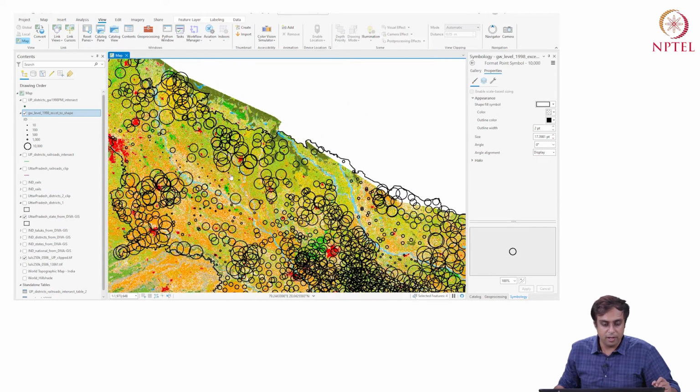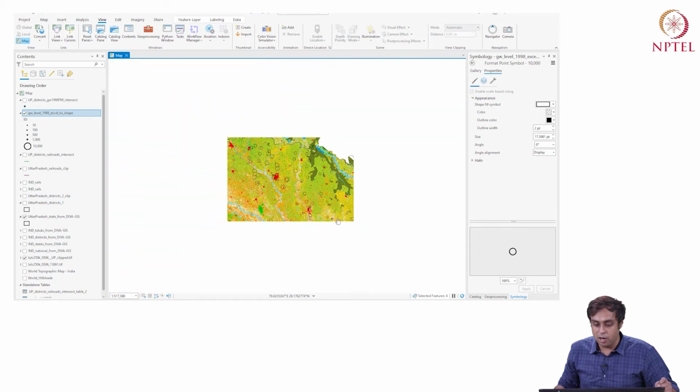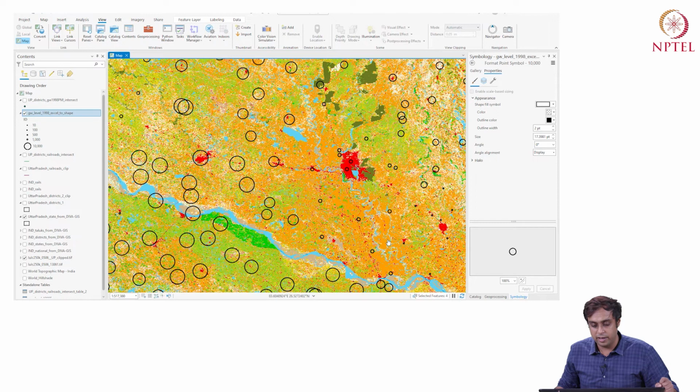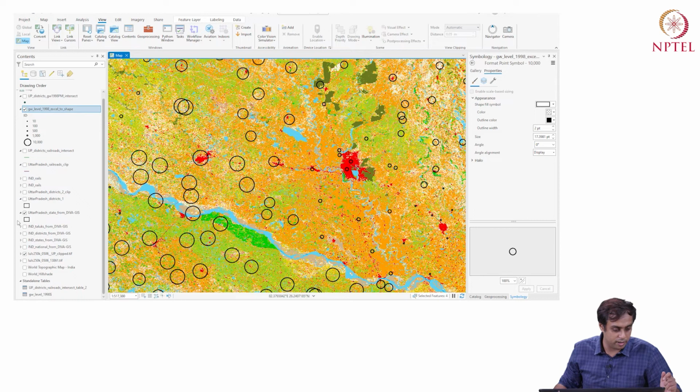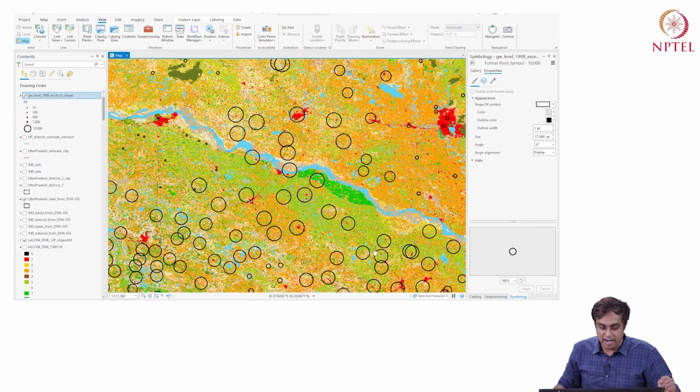Now, the bigger circles we saw earlier are a characteristic of a depletion problem. The bigger circles are near the green, or they are near the urban built-up. Let's figure out where the smaller circles are, in oranges. What are the oranges? Let's go back and look at the data. I know this is built up, Kharif and Rabi. So Rabi lands have proportionately lower depletion than lands that are double or triple crop. This is a very interesting thing that I've learned from the data.